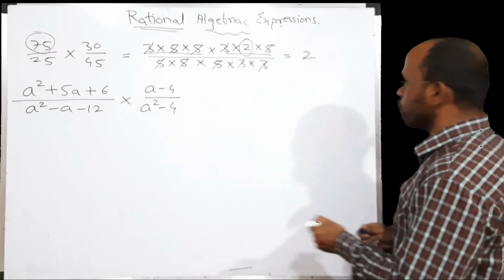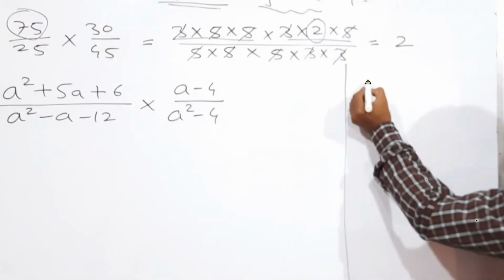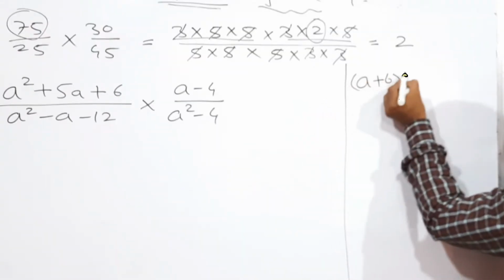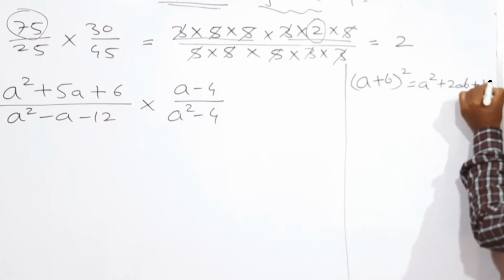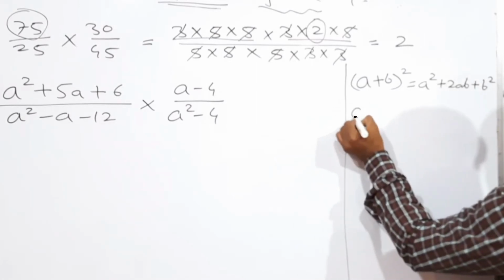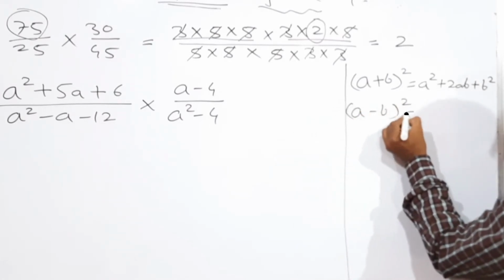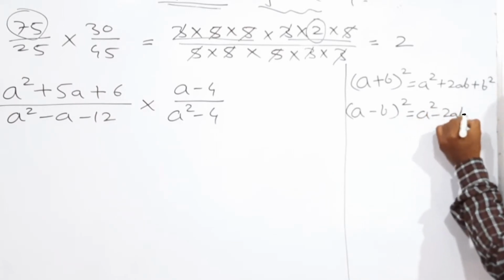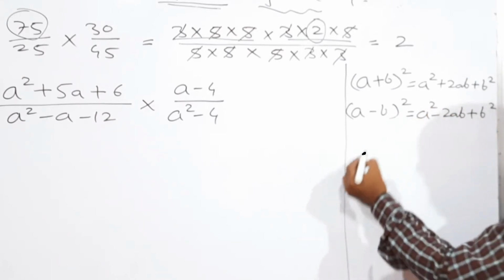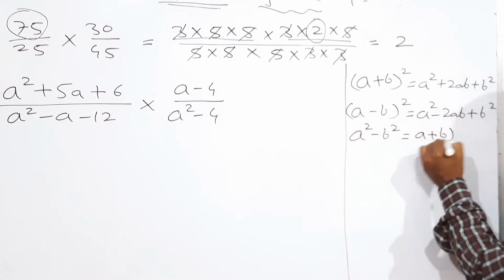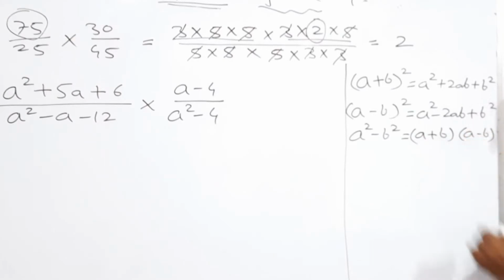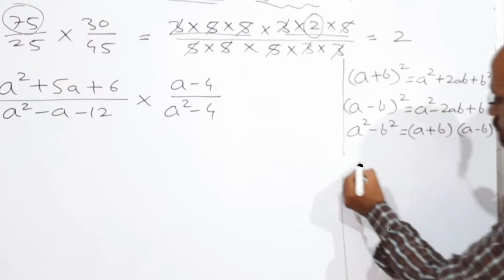Which are those? We are going to use either (a plus b) whole square, which is nothing but a square plus 2ab plus b square, first formula. Second formula, (a minus b) whole square, which is nothing but a square minus 2ab plus b square. Third one is a square minus b square, which is equal to (a plus b) multiplied by (a minus b). Right? These three formulae we learned last year, as well as this year in factorization, we learned